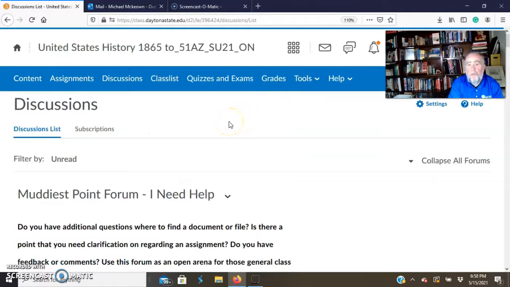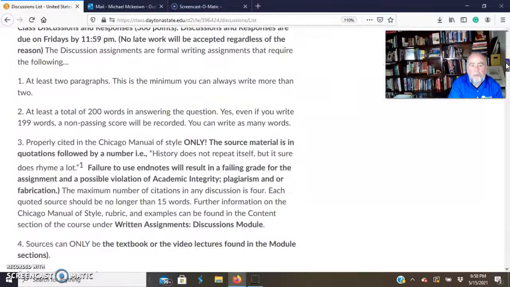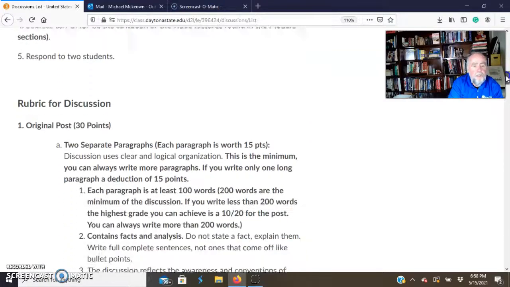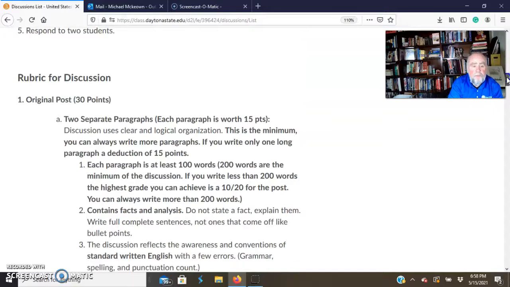So that's basically all it is. You could also send me your practice essays, and I'll be happy to take a look at them. Try to get those to me before Friday, the same as the discussion, before Thursday, so I can take a look at them. Because on Friday I volunteer at the St. Augustine Lighthouse and also at the Castillo de San Marcos, so I won't have time to look at them. And Saturday, well, hey, I'm on my boat, and I definitely won't be able to look at them.